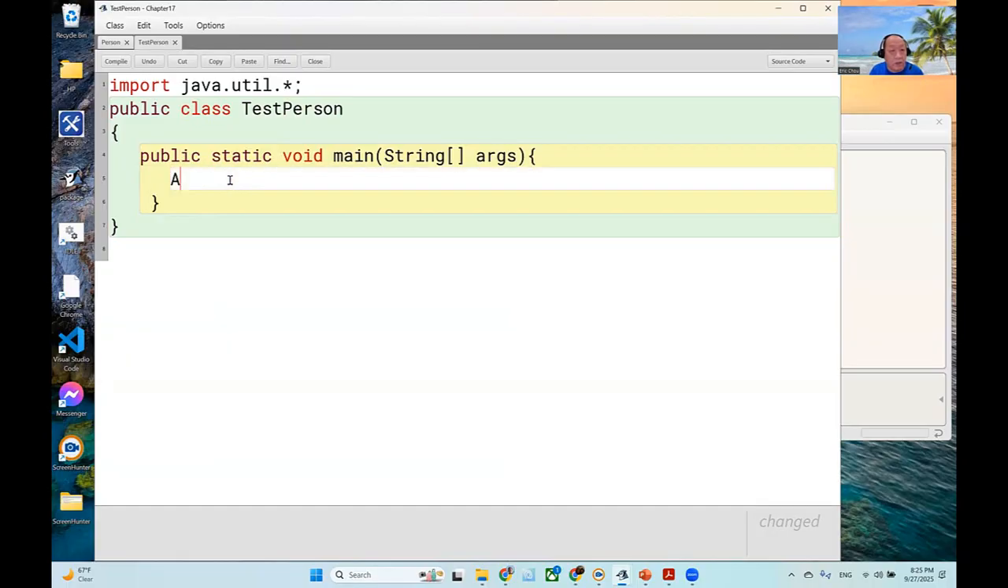Okay, let me use an array, okay? Let me use array. So we do a person array, p list equals to